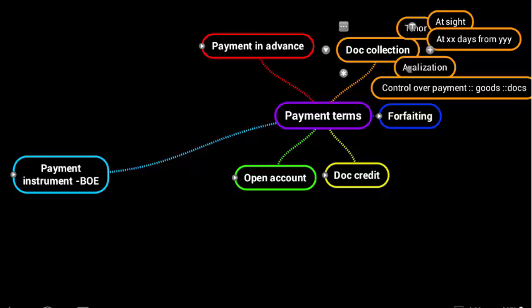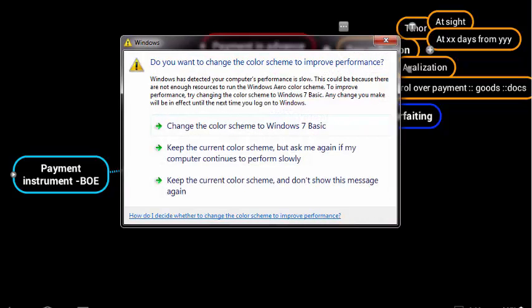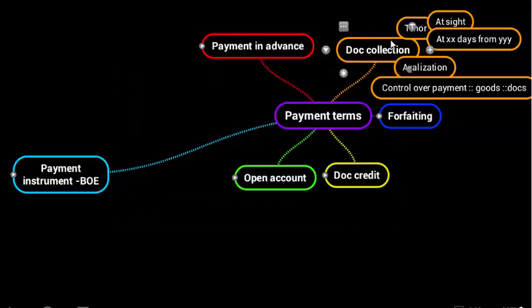How can we mitigate this risk? We go in for avalization. Avalization is co-acceptance. Co-acceptance is pour aval, which means in addition to the party accepting the bill of exchange, the bank will also add their acceptance to the particular bill of exchange. So there is a promise by the bank to pay on the 60th day, and if the applicant does not fund his account, the bank will pay.